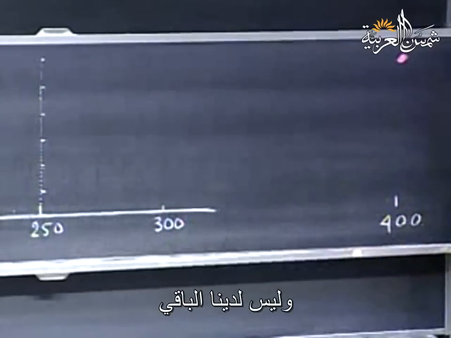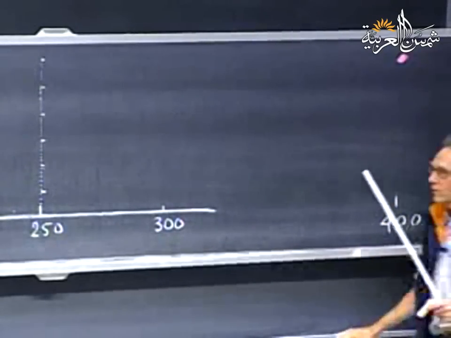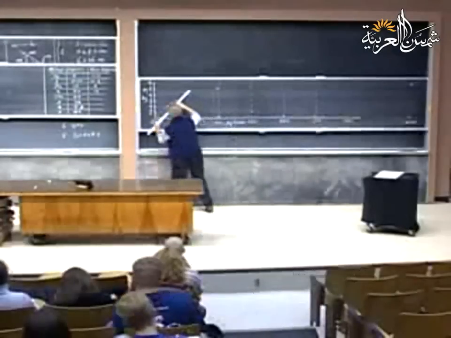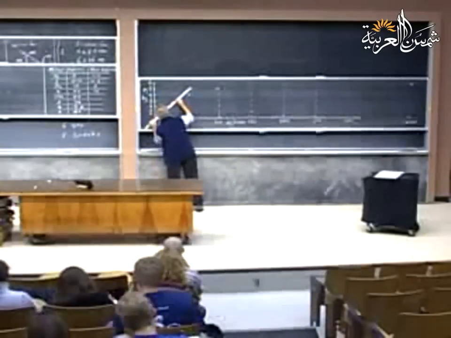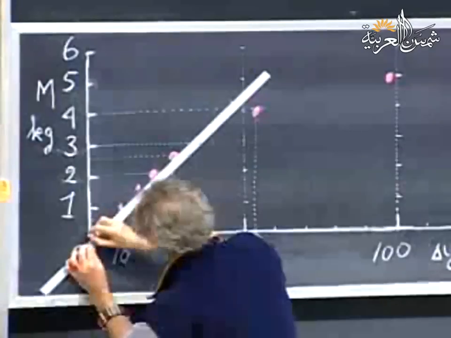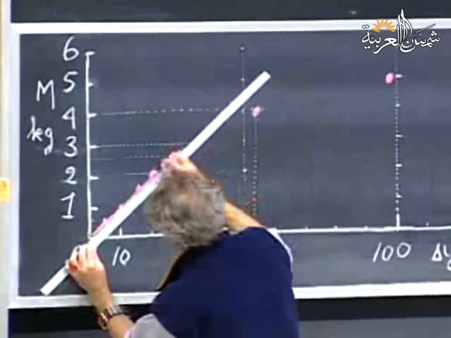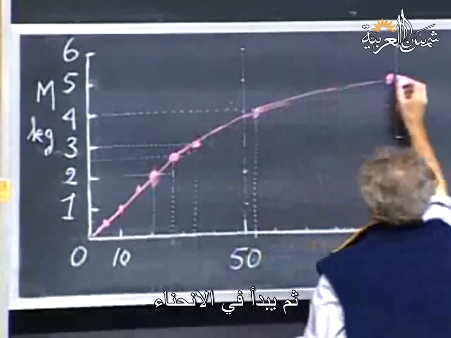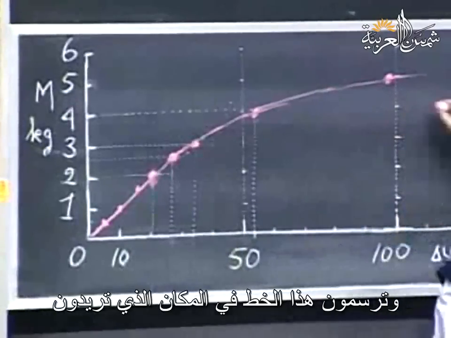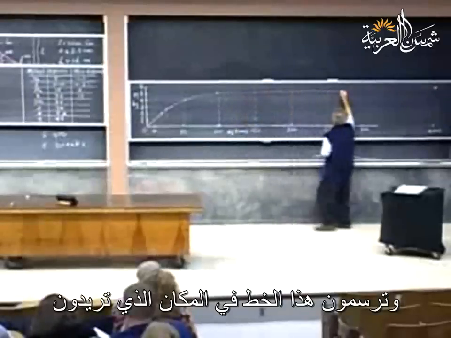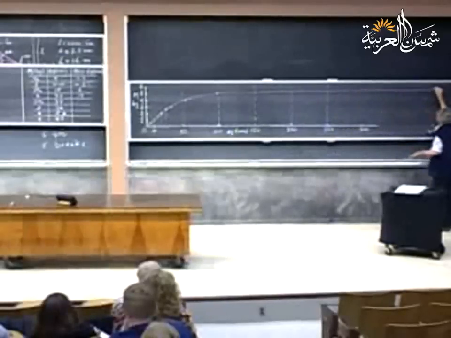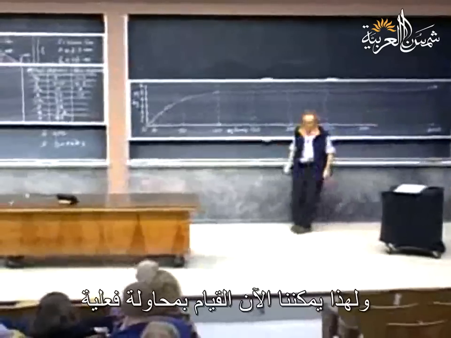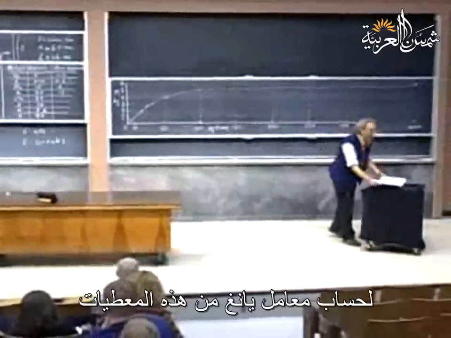And then we don't have the rest. But look how wonderful this is, isn't it? Isn't that a great curve? Very linear in the beginning, and it starts to bend over, and you draw that line any way you want to. And then it breaks. And so we can now actually make an attempt to calculate